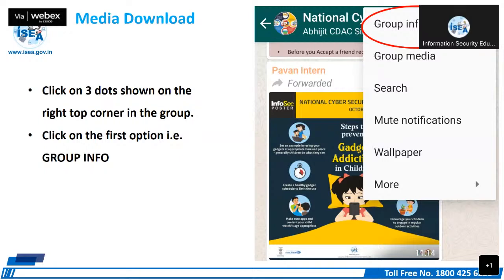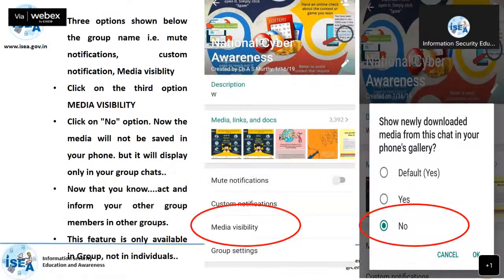Earlier it was only in group info; now it is applicable to individual accounts also. For example, I have chosen a group. Under that group, click on the 3 dots, and there is something called group info. The moment you click on group info, there is an option called media visibility.